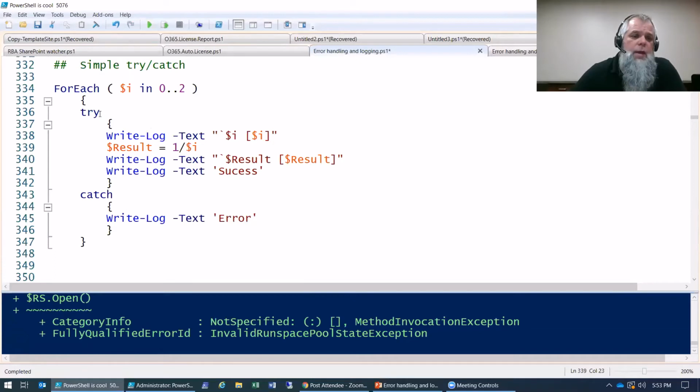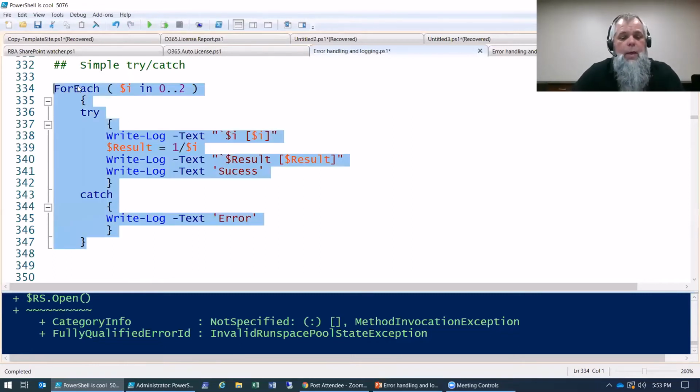Because we're doing the try catch inside of this loop, we are handling the error, and it'll go on to the next loop and keep doing all of them. If we were to put the foreach inside the try block, then as soon as it hit the first error, it would jump to the catch block, and we would be out of the loop, and we would not continue. So if we run that,